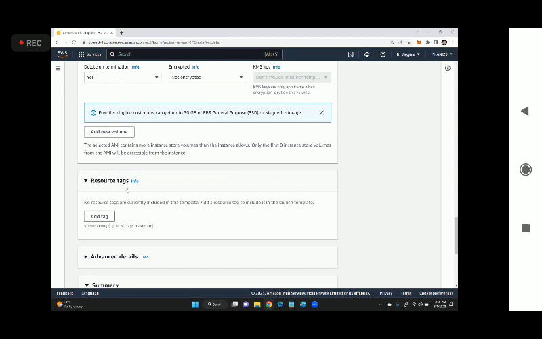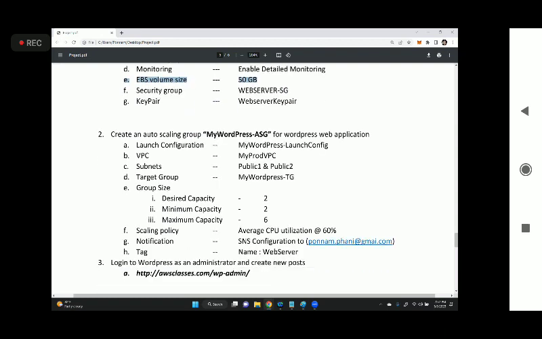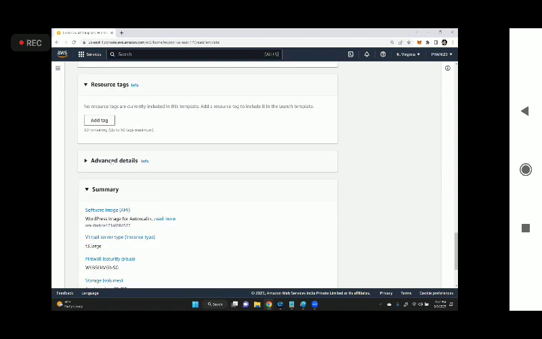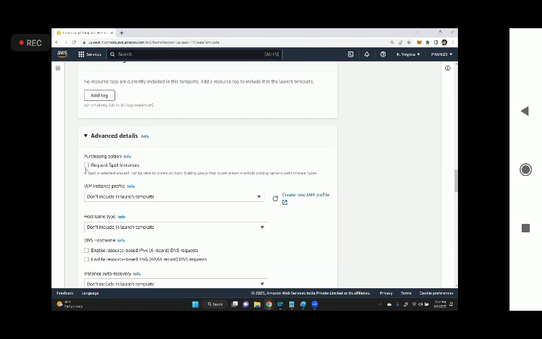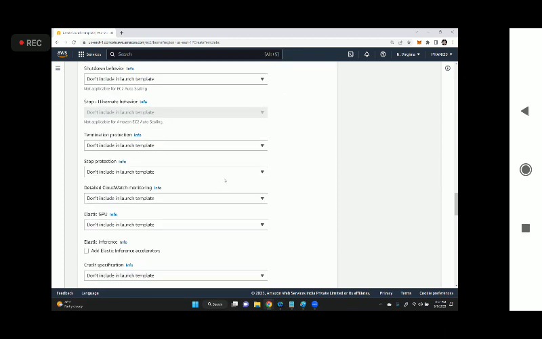Resource tags. Do we need to mention the tags here? Where are we mentioning the tags? In the auto scaling group, there is an option. That's why I will ignore these resource tags. Then go to advanced details. If you select this checkbox, the instance will become a spot. But we need on demand, so I don't select this checkbox. Then scroll down. The only thing we have to select is this one,